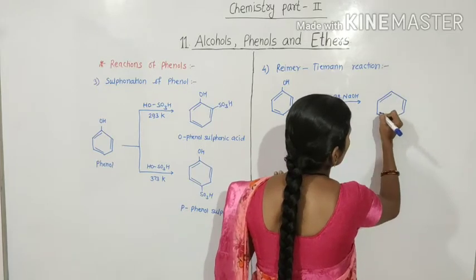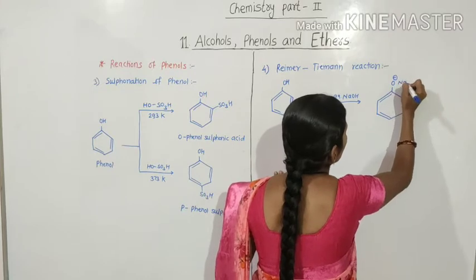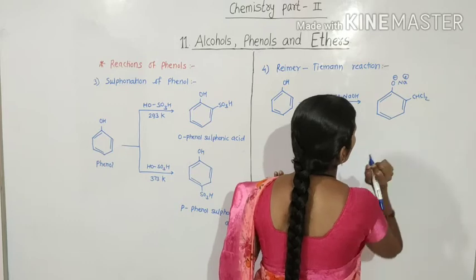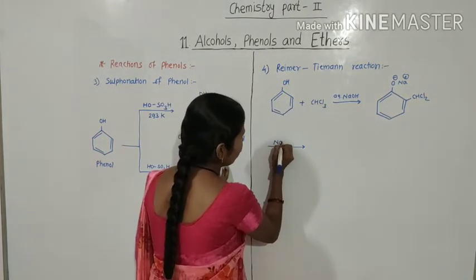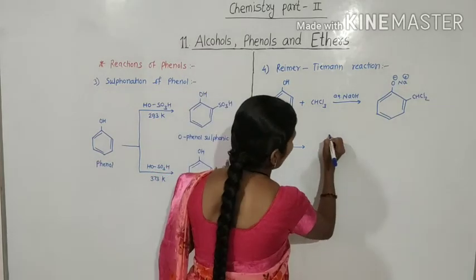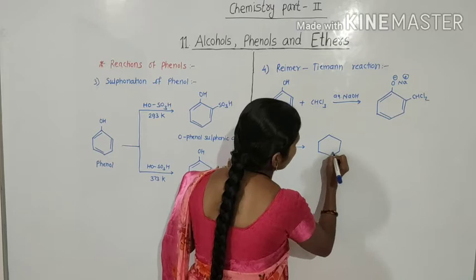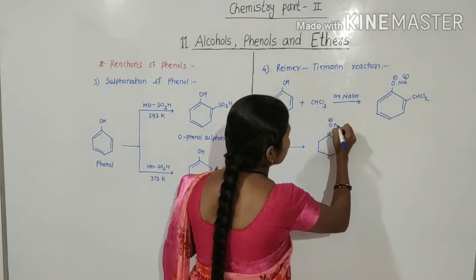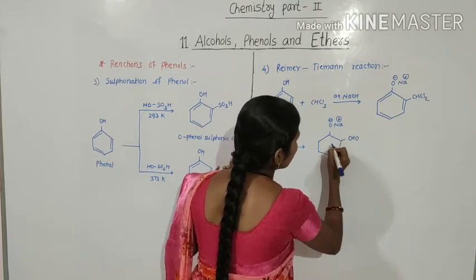So let's see here, O minus Na plus with CHCl2. This again reacts with NaOH to form the product O minus Na plus with CHO,